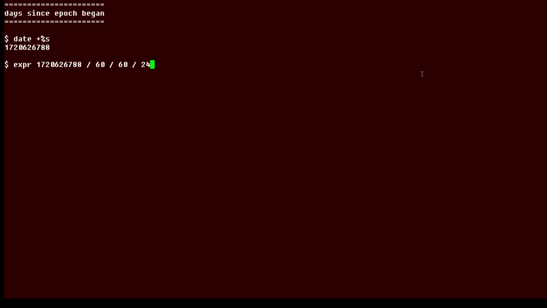Then we're going to run this command, which takes that number, divides it by 60 to turn it into minutes, 60 again to turn it into hours, and then 24 to turn it into days, and we get a response like that. And if that isn't anything that inspires confidence, you can divide that by 365 to get the number of years. So that is your Linux tip for displaying the number of days since January 1st, 1970. Start with seconds and then turn that into days.